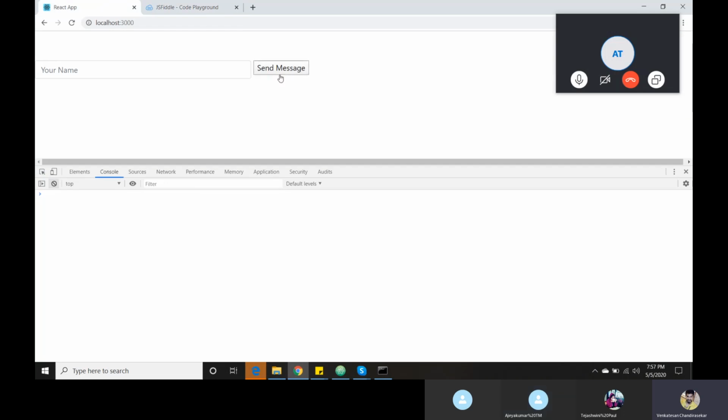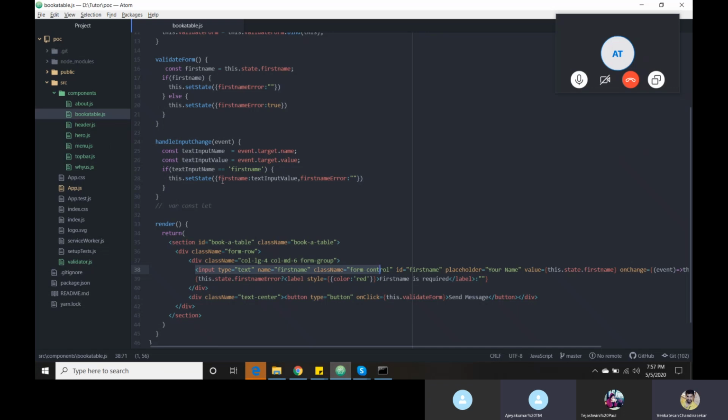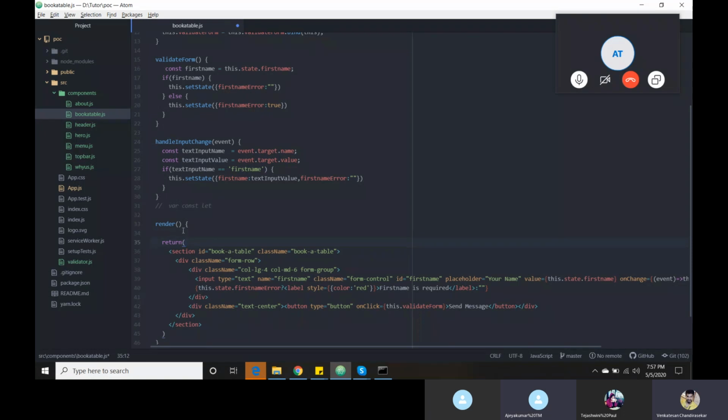Based on that you can do this. Whenever you are changing something you will get the proper response from our state variable inside the render, not inside the return. I'm returning the same thing inside the render only. How will you get it?